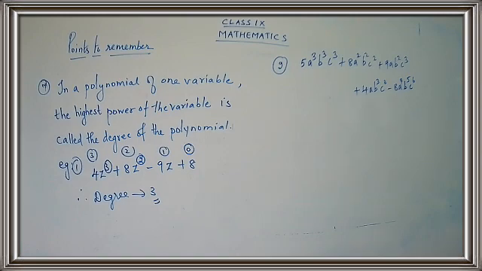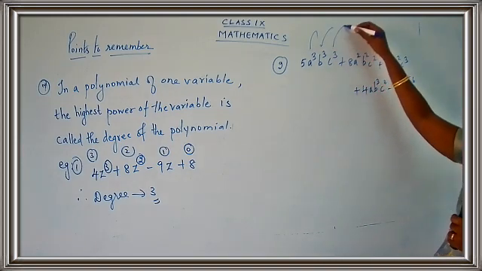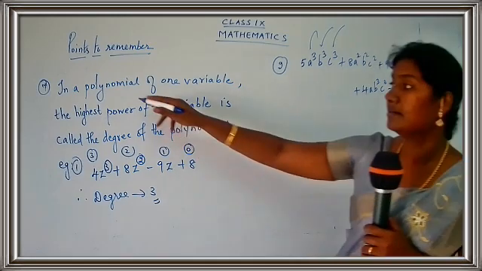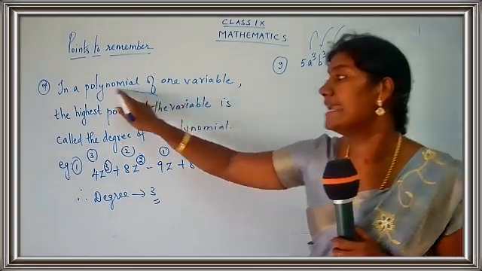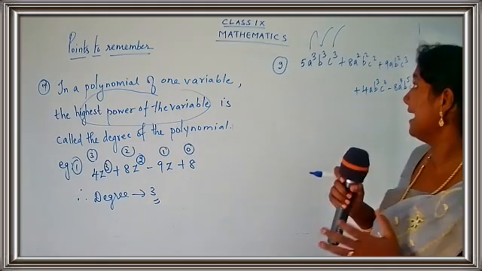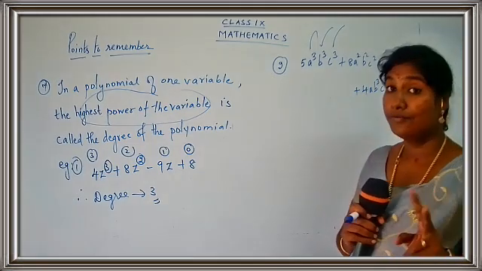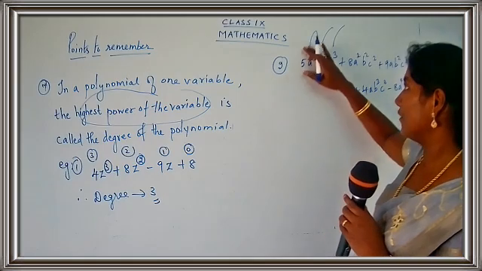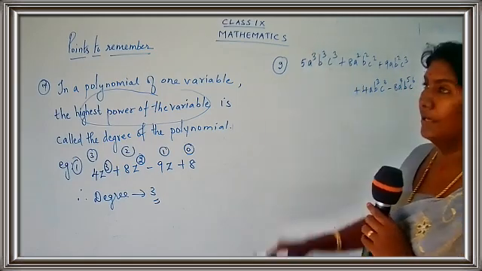Okay, here you have the variables a, b, c. I have told you variables are the letters. So what are the letters used here? You have the letters a, b, and c. So a is the variable, b is the variable, and c is the variable. So what is the definition? You have to just see the highest power of the variable. So degree is the highest power of the variable. Let me see how to find out the degree over here.